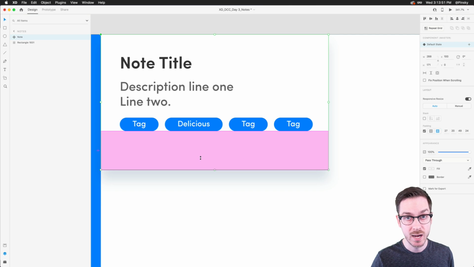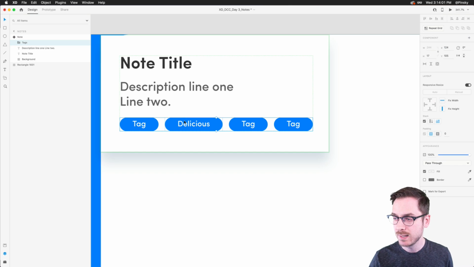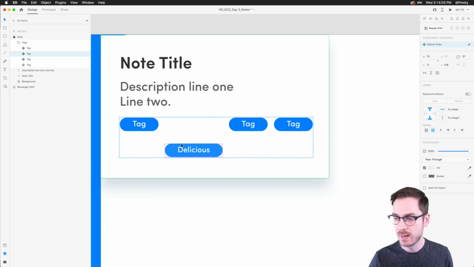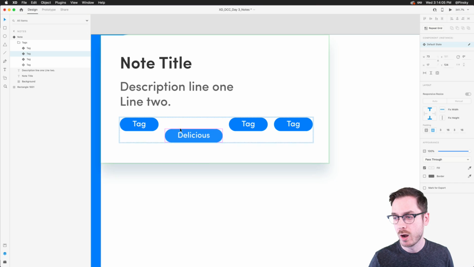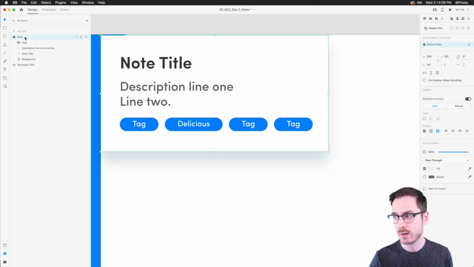Now, of course, we have a lot of padding down here at the bottom, so we want to make sure that's consistent. We have 27 pixels at the top. Let me make that a nice even 26, and I'll make sure this one is 26 as well. So if I did need to move things around, the padding of the background would automatically adjust, which is great.